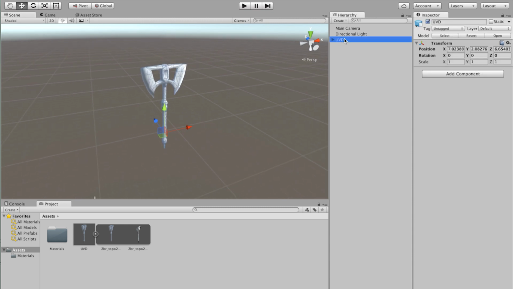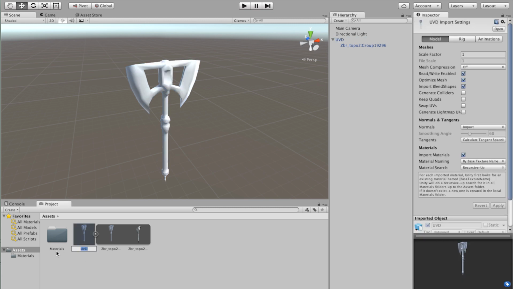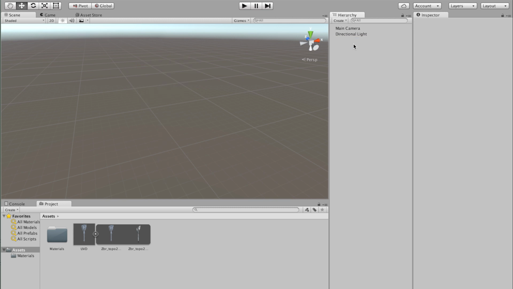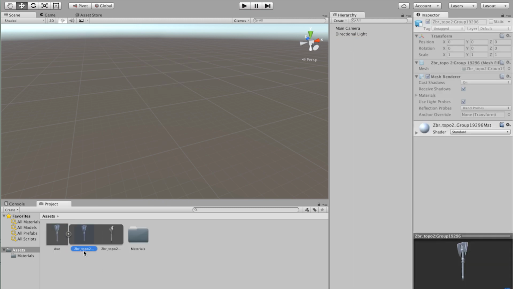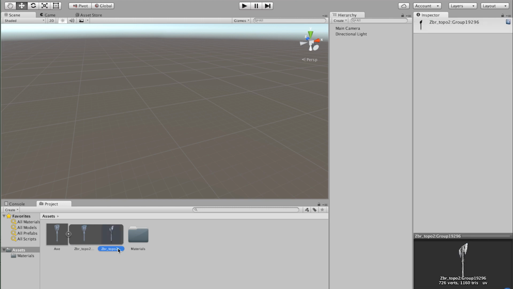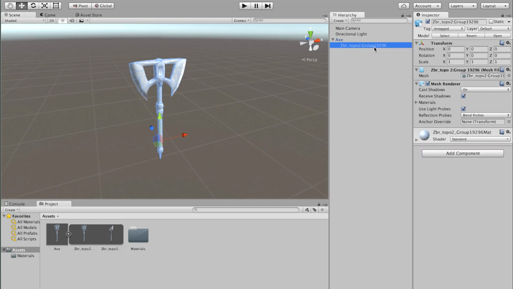So here's the group, and if we expand it here, you'll see that the mesh is hidden inside the group. Kind of worth noticing, just in case. So you can rename the group here, but you cannot rename the mesh itself. Let's delete it and rename it first. Let's call it X. And since you cannot rename your mesh itself in here, we're going to just drag it inside of our viewport and rename it here in the hierarchy. So I'm just going to call it X